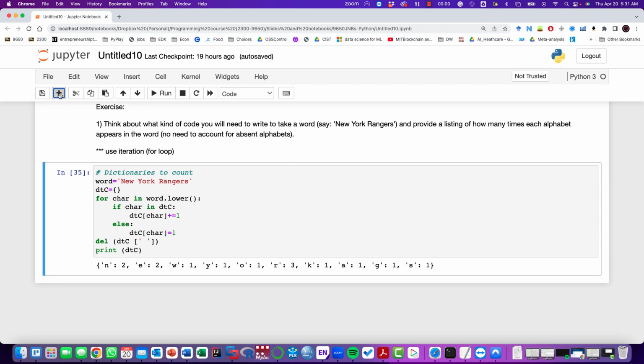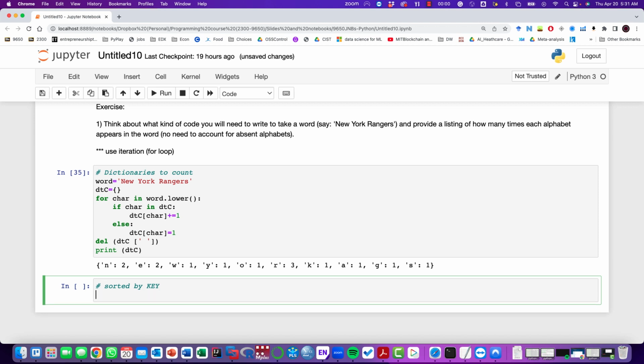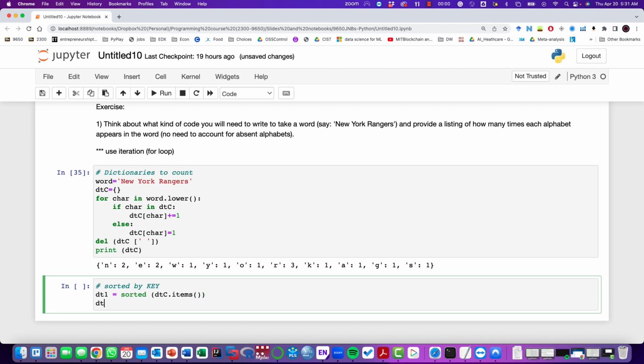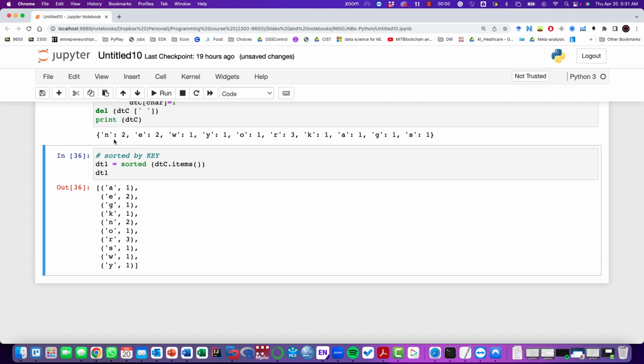Now I could have sorted also these values. Imagine if you were interested in, let's say, having a list that is sorted. You could use the function called sorted. So I could, let's say, assign the values. I'll say dt1 is equal to sorted, and then we have DTC, and basically now we are sorting all the items. So we're recalling the items and we're sorting them. So if I'm printing this, now the output is going to be the same dictionary, but the values are sorted